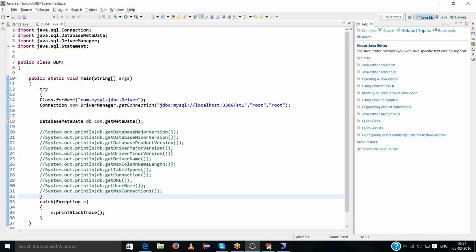Any doubt, Narsin? Ravi? No doubts. Yeah, thank you. Shagun? Sumit? No, no doubts. Yeah, it's a simple concept or not, Sumit? Is it difficult? No, very simple. Okay, that is how to get the database information like metadata. Suresh? Yeah, no doubts, ma'am.